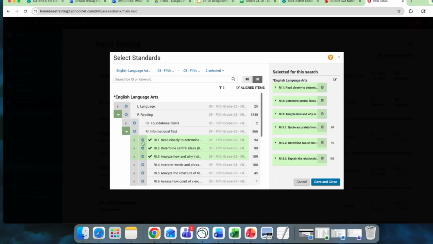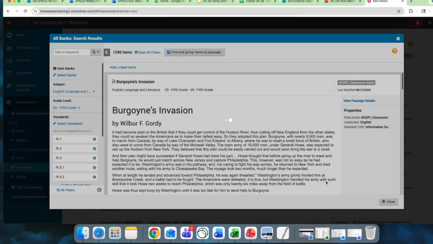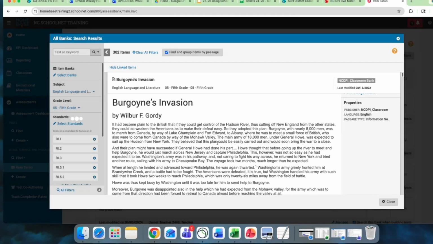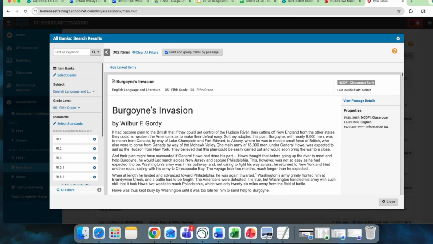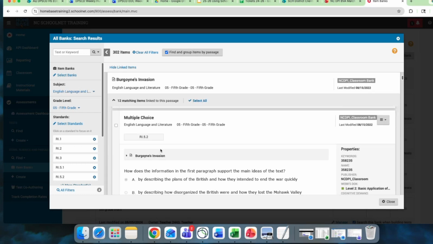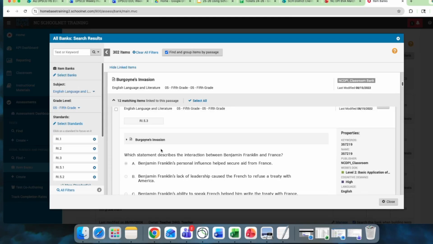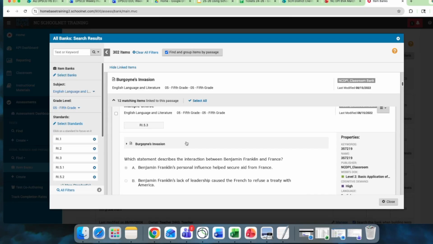Just note that I click the plus sign. What that does is it captures all of the substandards below. Then I hit save and close. And now I have a little bit less to look through. Okay. So let's just say I've gone through, I've looked at my items, and if I in fact like this